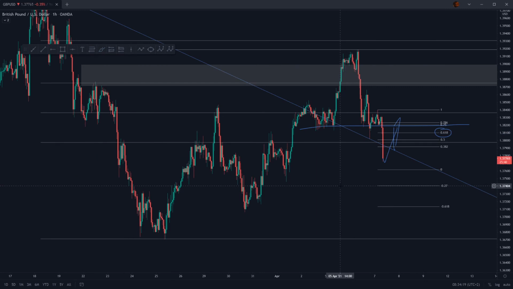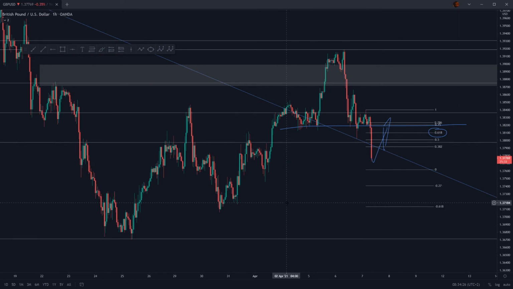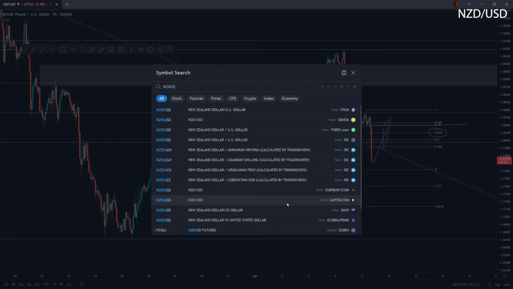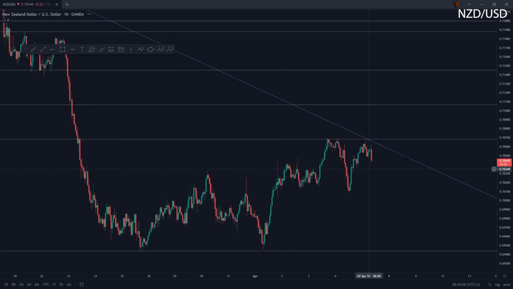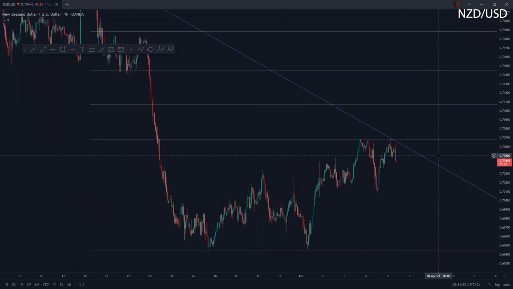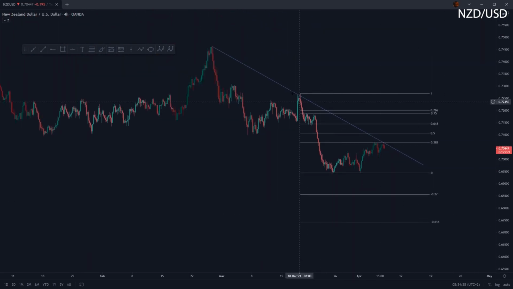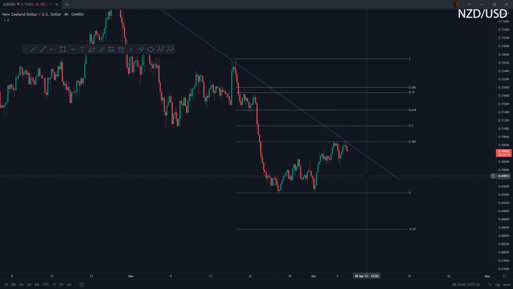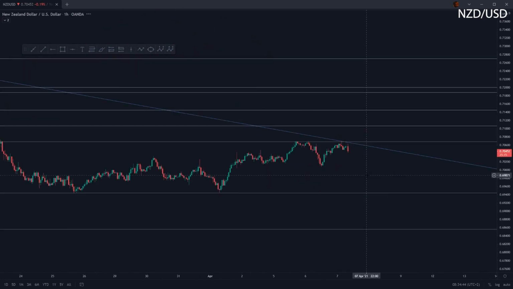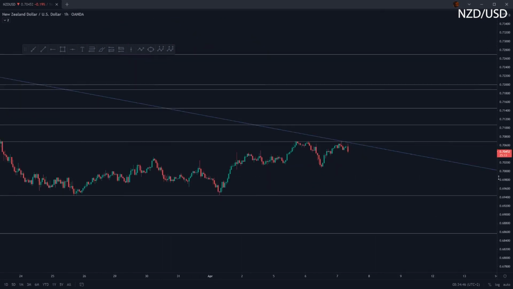I am not going to be looking for any potential longs, mainly due to the fact that the higher time frame is just really bearish for me. So yeah, with pound dollar discussed, let's head over to our last pair, which is Kiwi dollar. And Kiwi dollar is also pretty nice because it has also been doing what we want. As we can see, 4-hour time frame made that third trendline touch at the 382, and it's currently impulsing back down towards the downside. So how does this look on the lower time frame?